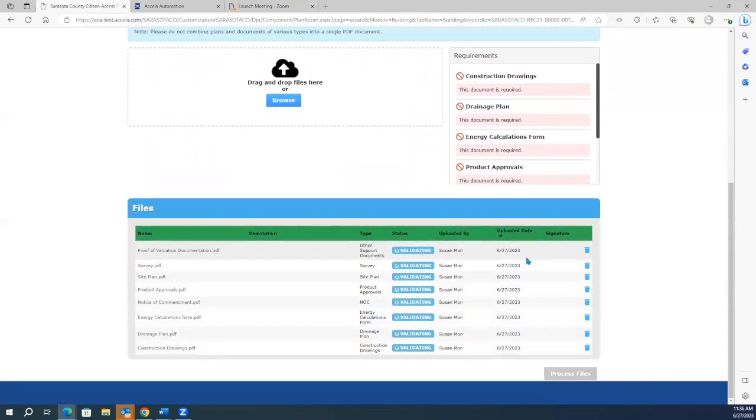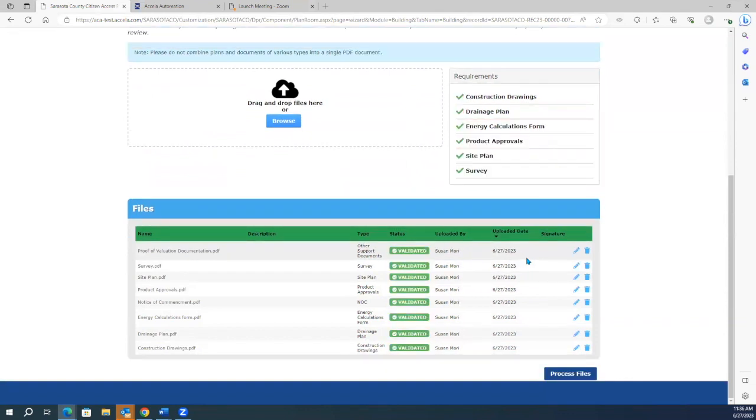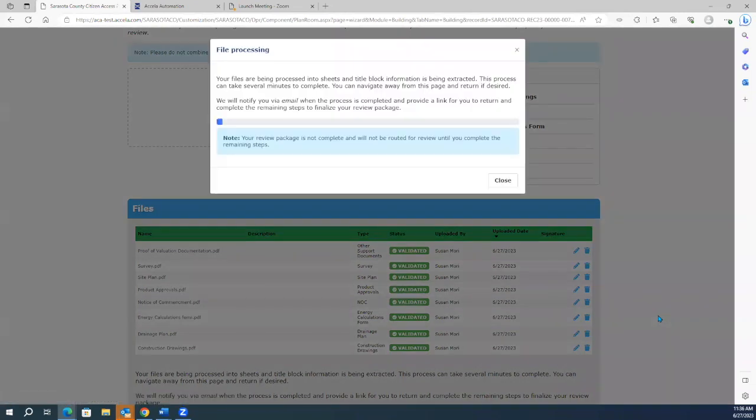This process is looking for and identifying the sealed plans and making sure the seals meet our standards. We're going to go ahead and process these files. This certainly can take a couple of minutes if the files are big, and it is something that you can navigate away from if you choose. It would keep doing its processing.